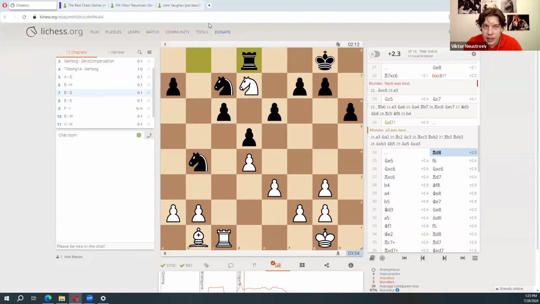So the black player here was actually a cheater, and later he was blocked by chess.com because of cheating. Not sure after which game, but he was blocked. So white was doing well, black cheated.